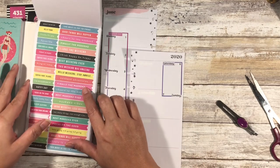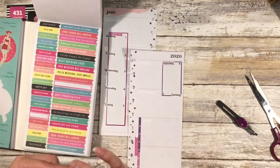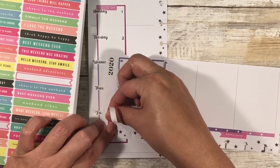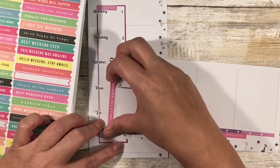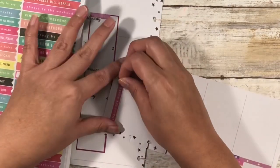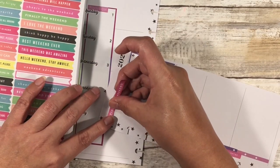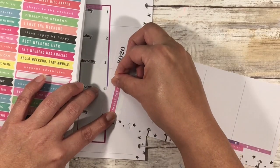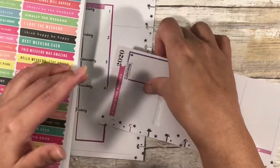I think we'll do Finally the Weekend. I look forward to the weekend every week. And with going back to the office Mondays and Fridays, I'm definitely going to be looking forward to the weekend. And I don't want to put it underneath. I could, and it probably would clean that up nicely, but this has nothing to do with the weekend. So